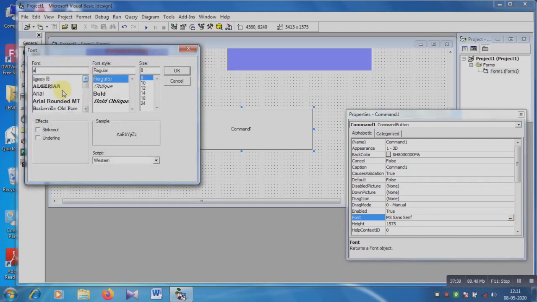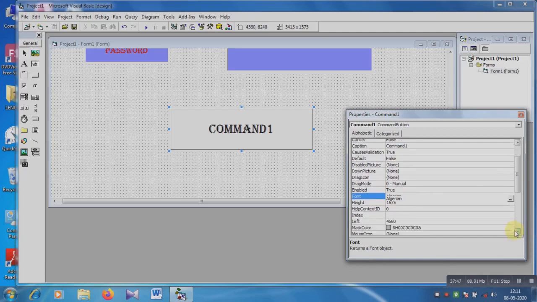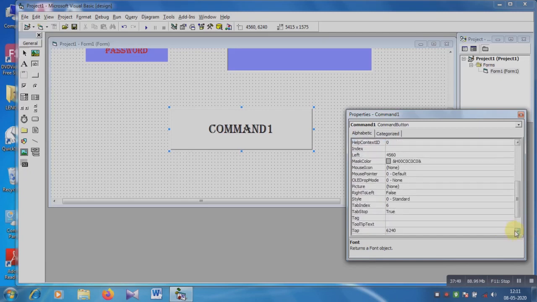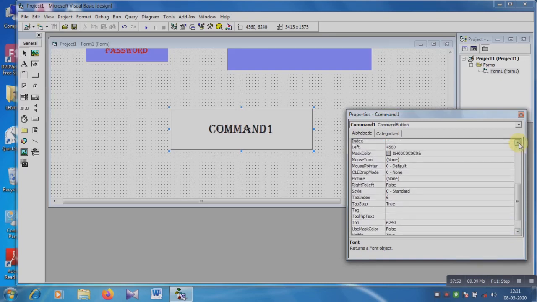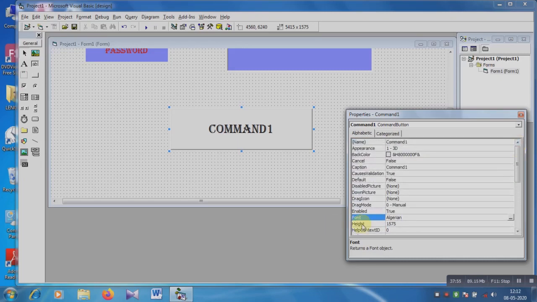Suppose font Algerian, this is the Algerian, quite large, see, and which word we want to write on the command button. I am writing submit or okay. Submit I am writing, it is the best for this program.